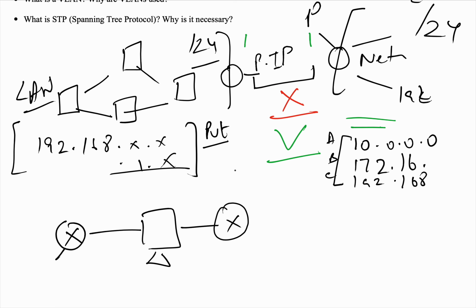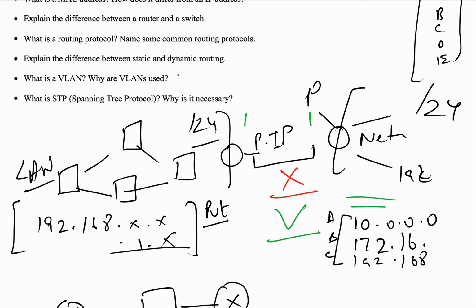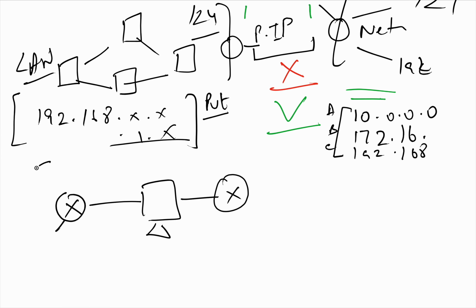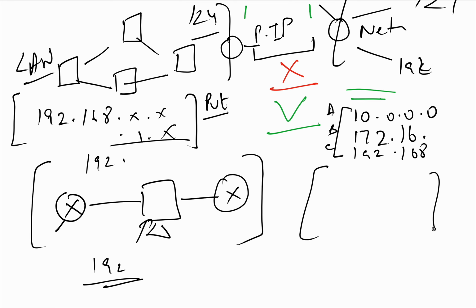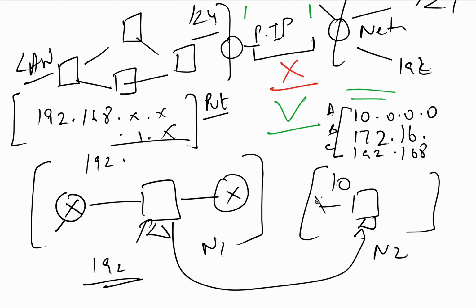When I join this particular network, for example, if this network is 192, I get an IP address of 192.x. If I join a different network, this is N1, this is N2, which is a 10 series, and I move the same system here to a different network, what will be my IP? In the 10 series, definitely. So if you understand simply, IP addresses keep changing. They are not your permanent address.